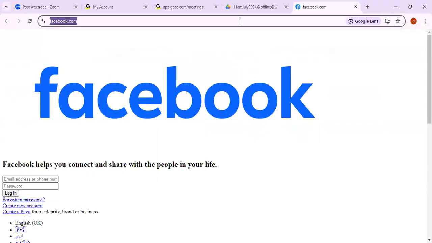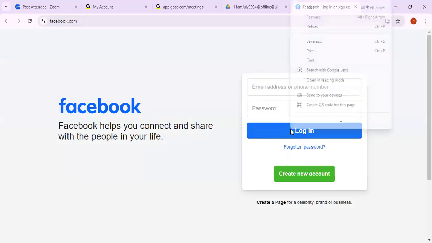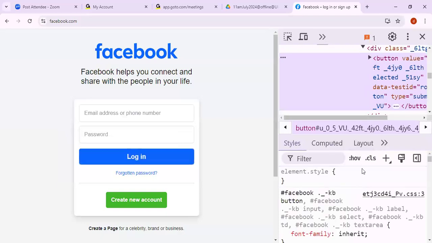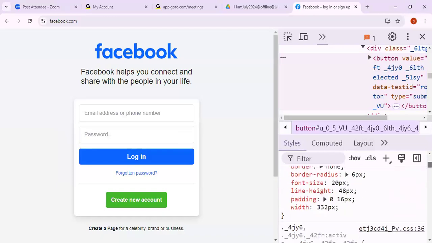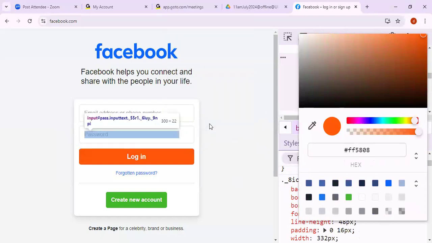See, if you refresh, if you want to change this button color, right click, inspect element. It shows one color for this button. Whatever color you apply, that color is applied to this login button. See here, for this login button, the color got changed. Next, if you want to change the border color, text color, font color, anything,